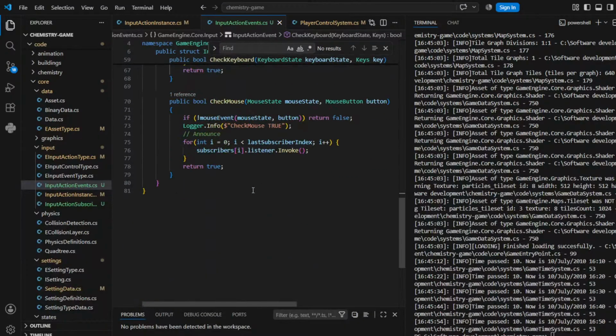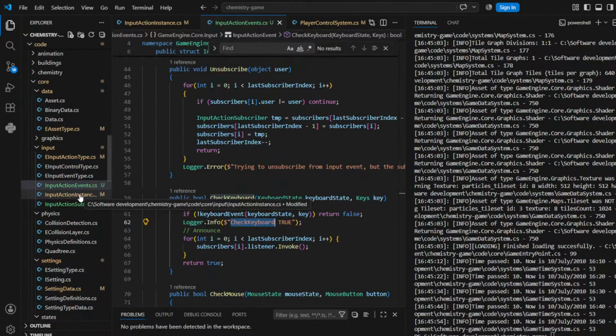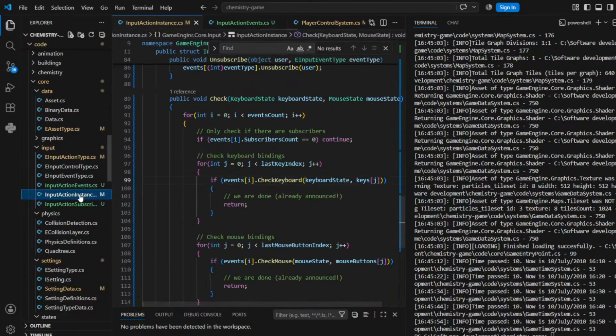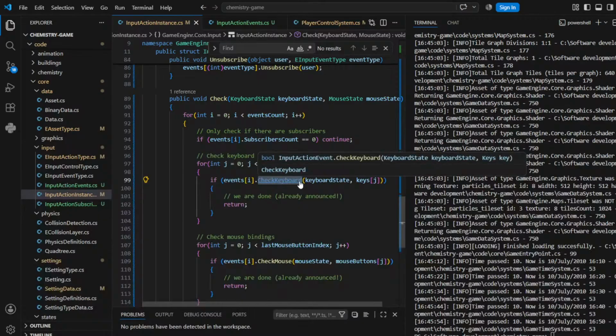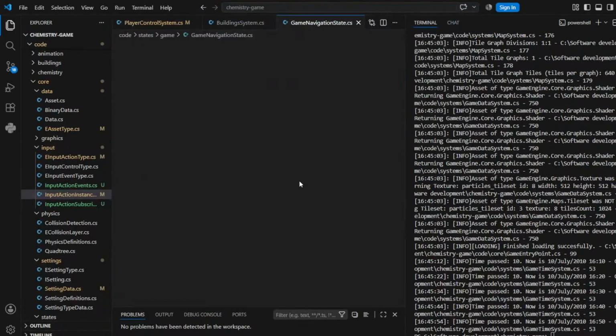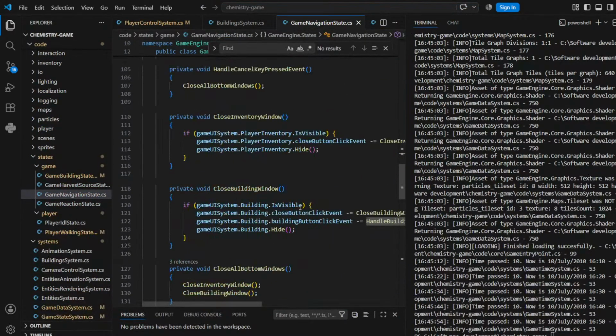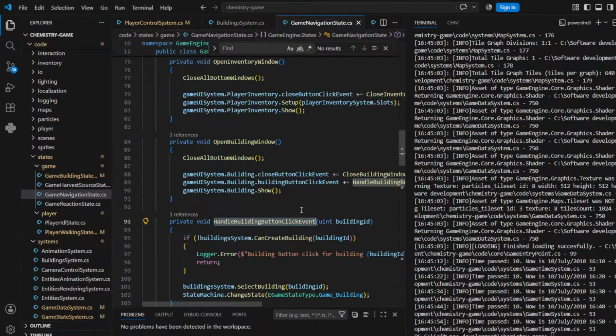Why is it not logging anything? Oh, I've been doing this wrong. I thought it was doing something, but